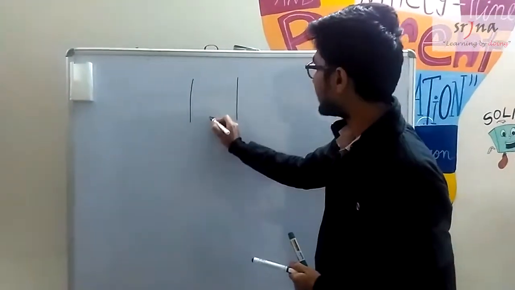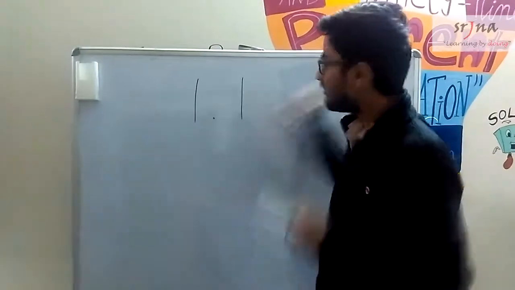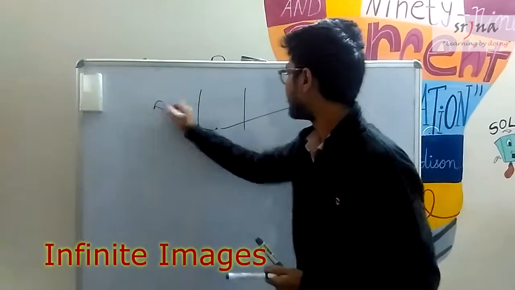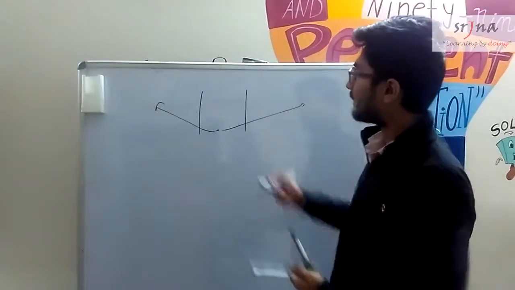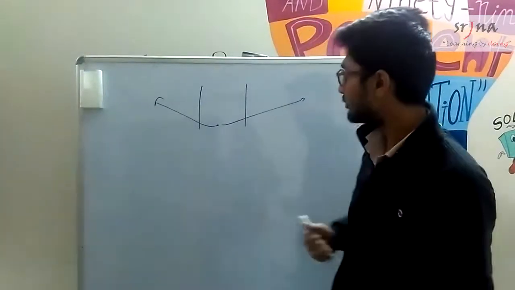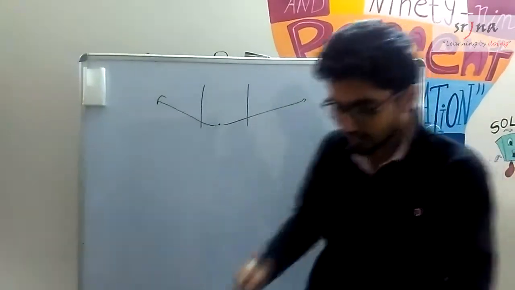Mirrors, place an object in between, and you see there are an infinite number of images formed by them. So what actually happens in two plane mirrors, like we have seen in our normal day-to-day classes? But in this setup, what I have done is I have used two sets of parallel mirrors like this.